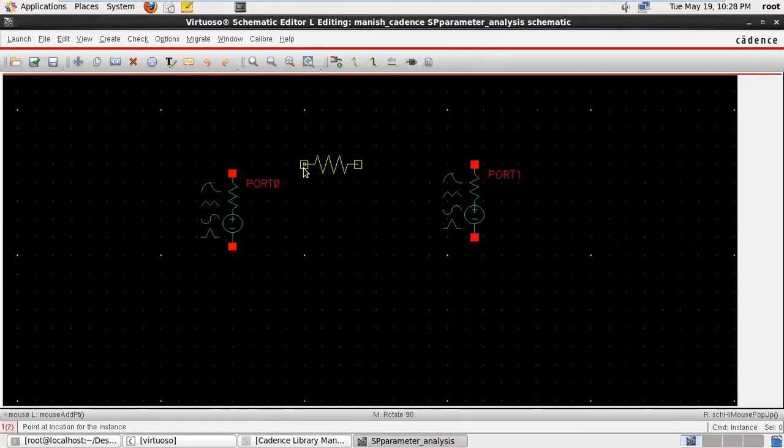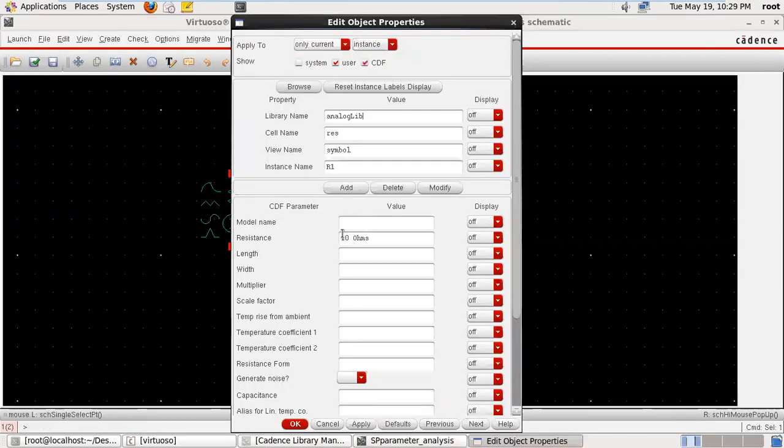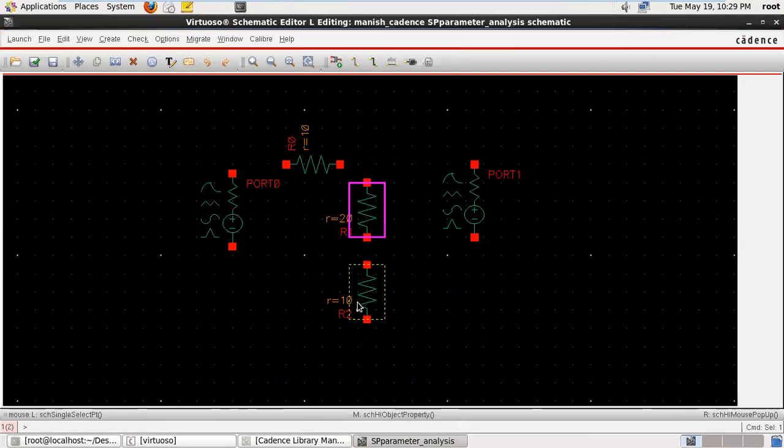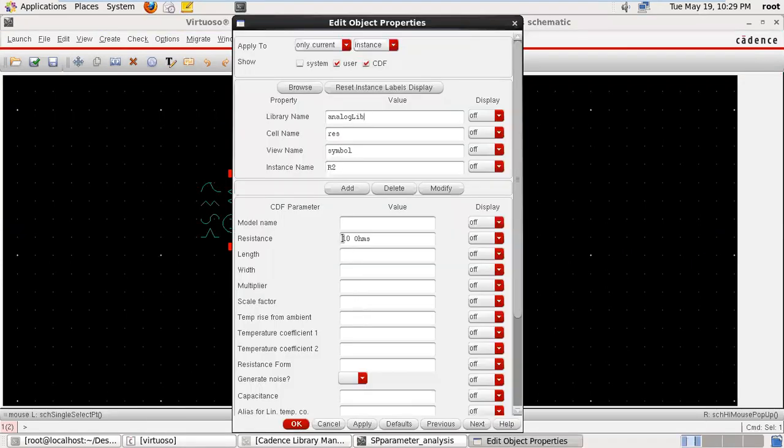Press R if you want to rotate the resistance, then copy it for the second resistance and one more resistance. Escape key, just change the value. The value of this resistance is 20, apply. The second value is 20, apply.